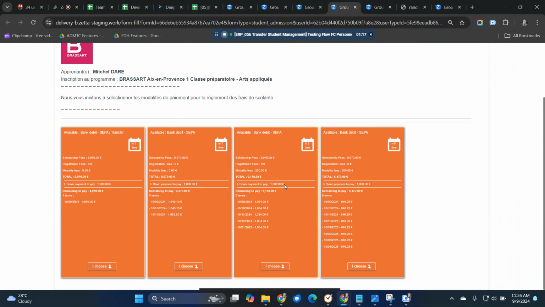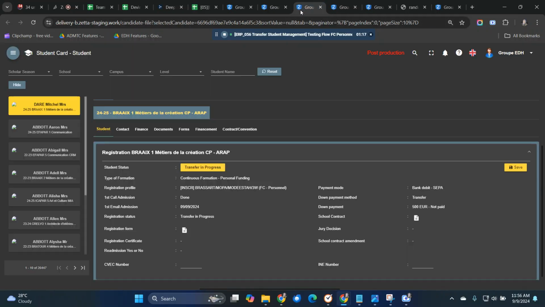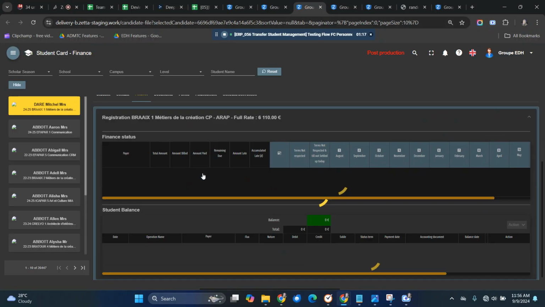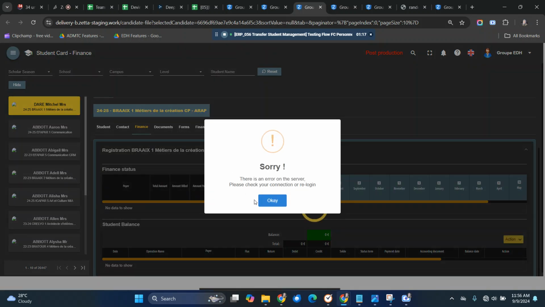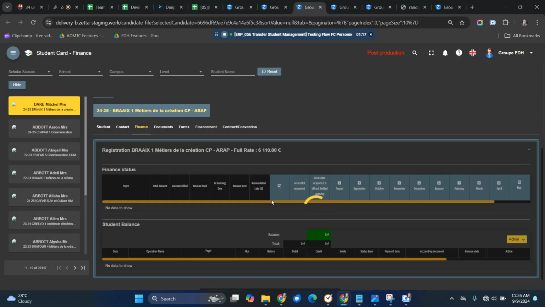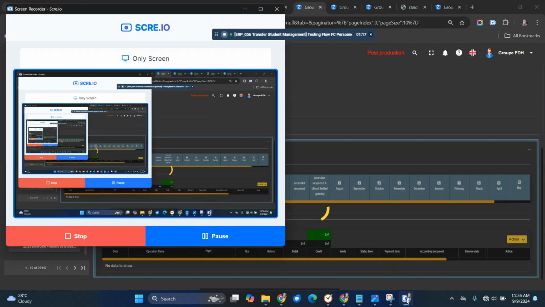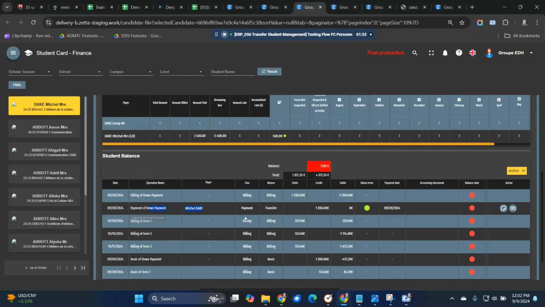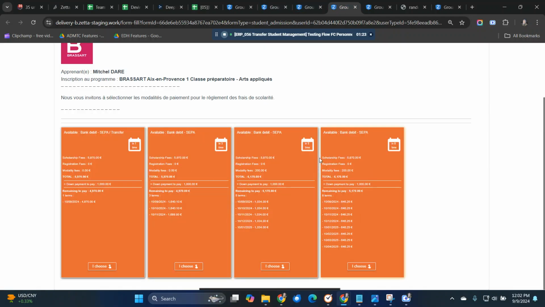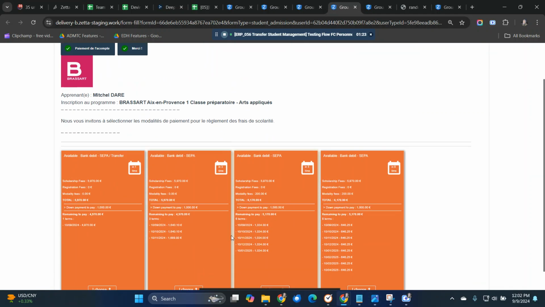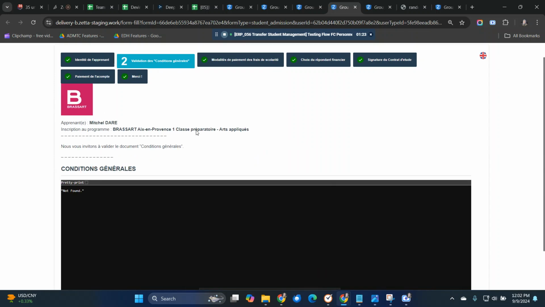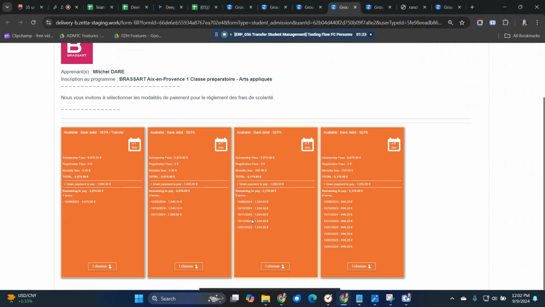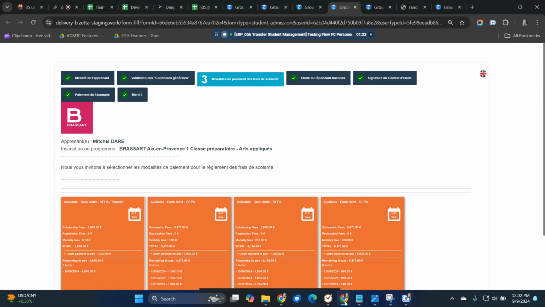Because before the down payment is 1,200. Okay, yeah. So the form is different from the previous program, but I cannot complete the program, and this is still the same as the admission form notification.